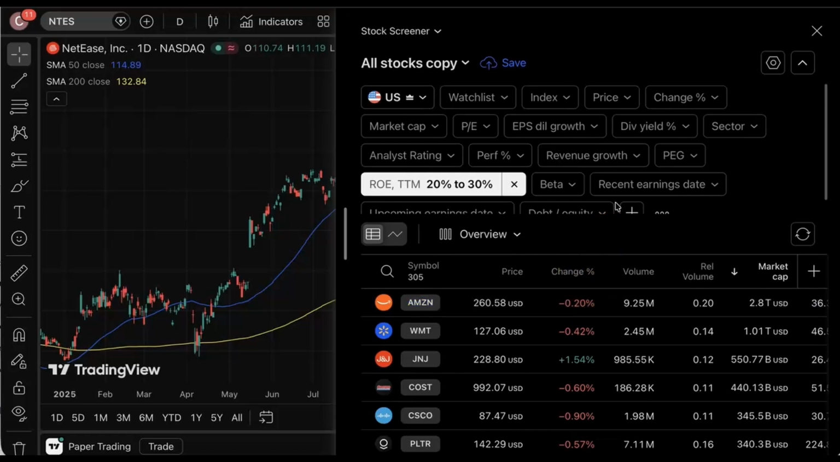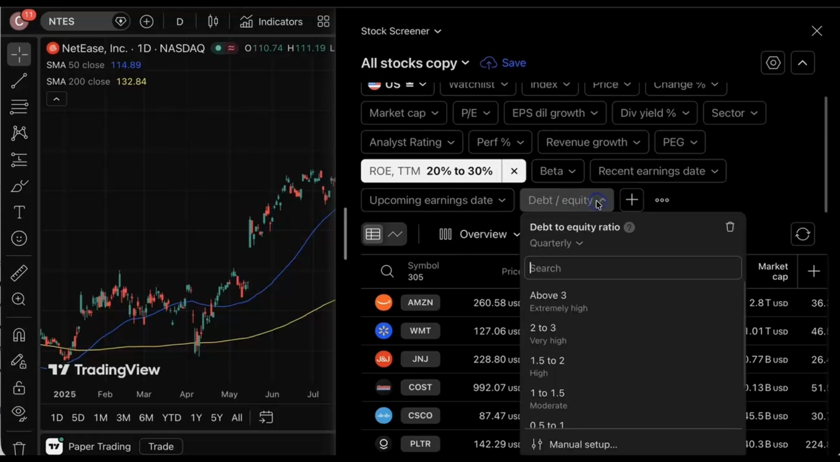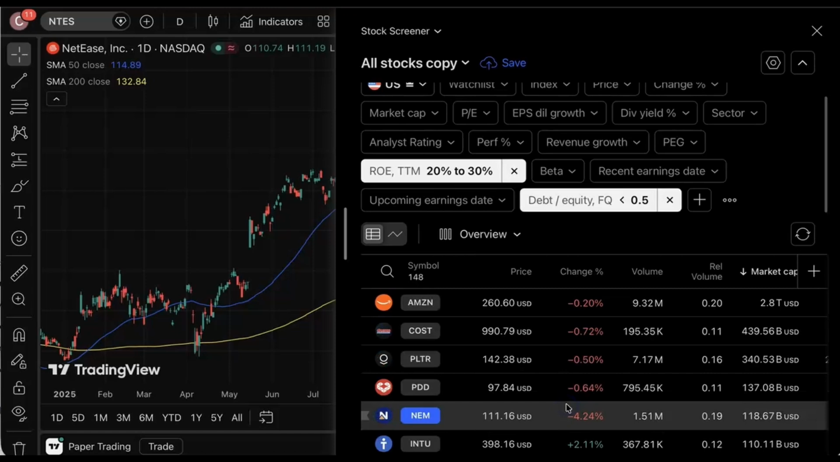This acts as a safety check. Even strong businesses can fail if they rely too heavily on borrowed money. Again, we go back to this screener and look for debt to equity ratio. And we are looking for here below 50%. Why? Because while debt can help a company grow, too much debt can become dangerous, especially during economic downturns and